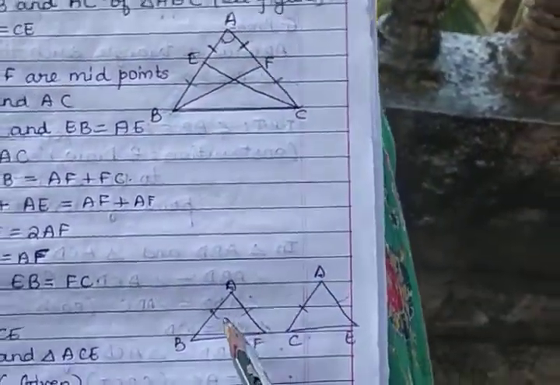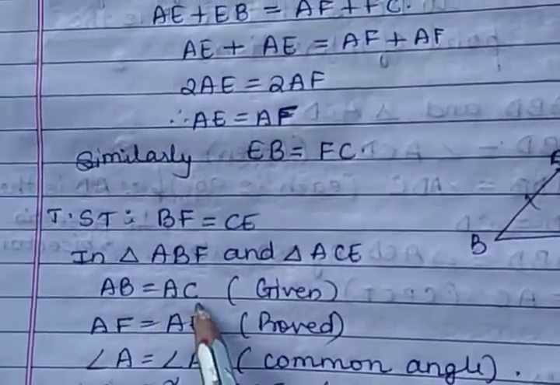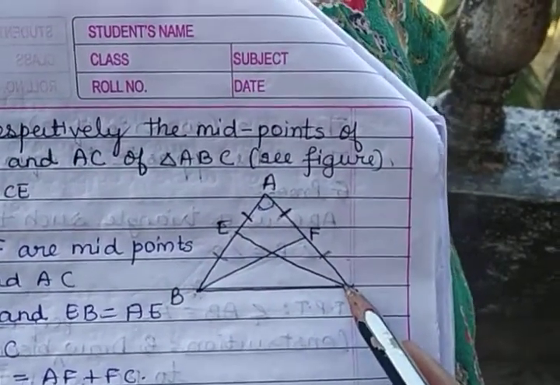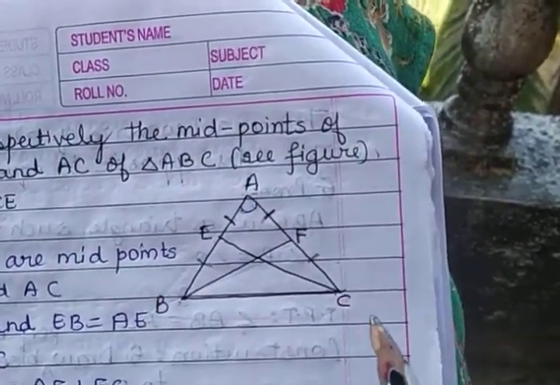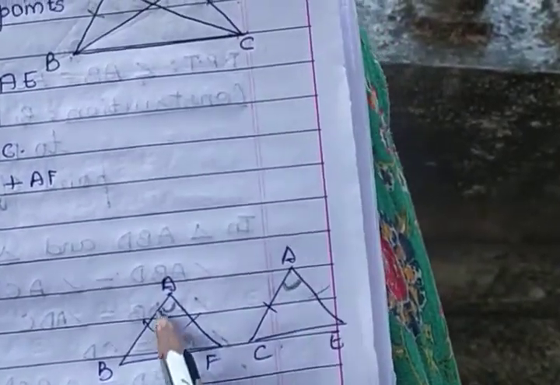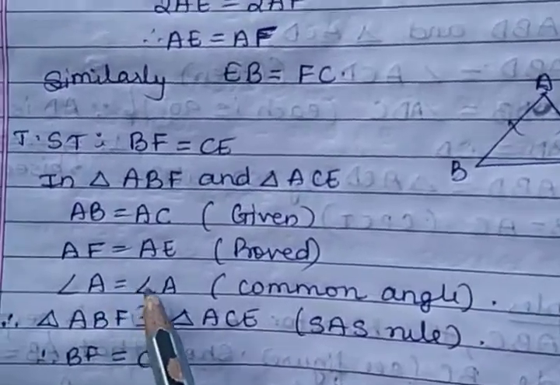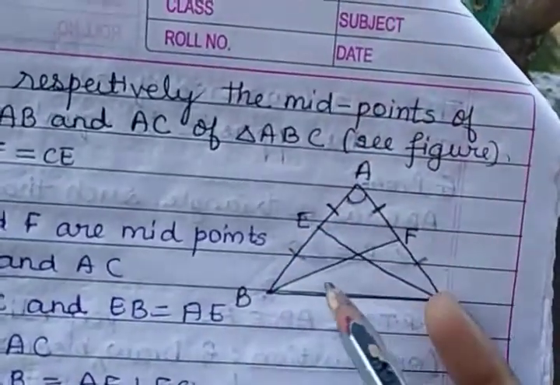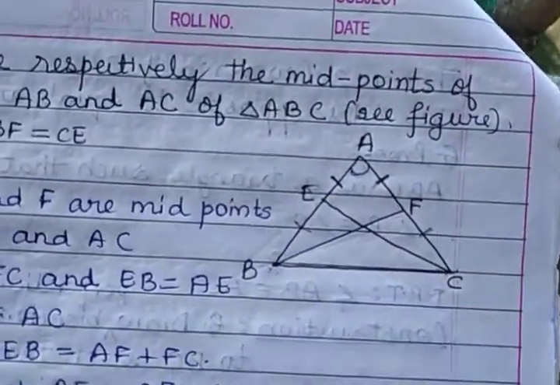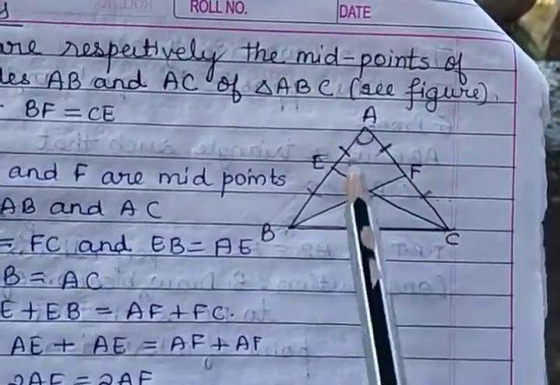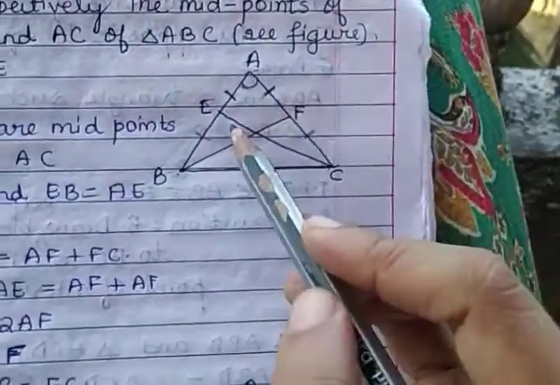One, we have here that AB is equal to AC. In these two triangles, it is already given that AB is equal to AC. Now we have to find another two conditions. One condition is both the triangles have the same angle A. It is a common angle, so I can say angle A is equal to angle A. Now we have to find the third condition. You don't know anything about the angles, but you are given the information that E and F are midpoints of these two sides. So using that we can find the third condition.